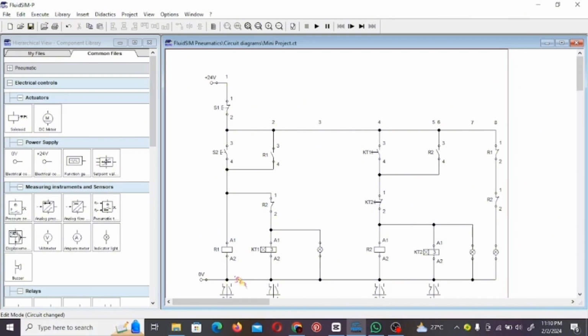Then we connect the out of normally closed switch 1 to the contactor relay R1. Then out of contactor relay R1, we connect to out of switch 2 normally open. Then out of switch 2 normally open, we connect to